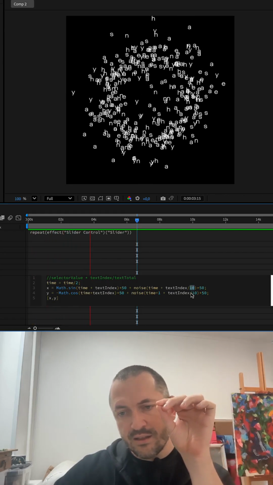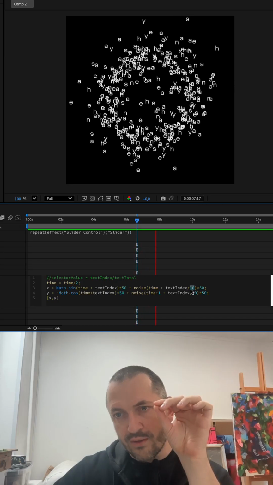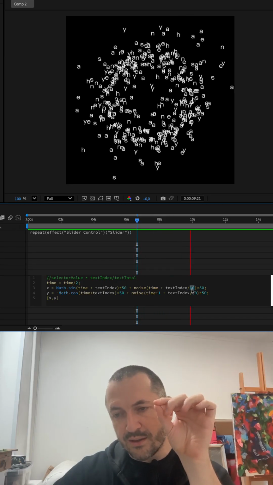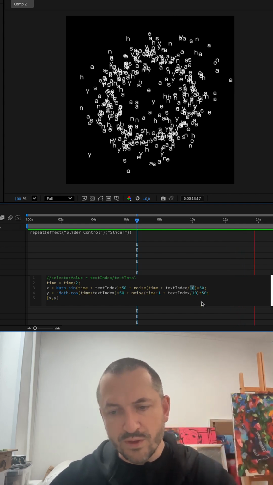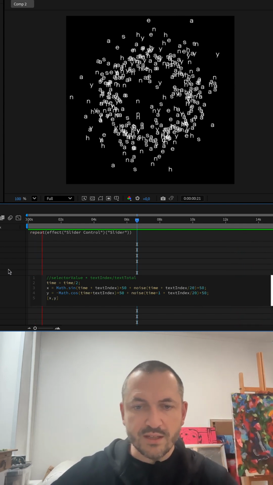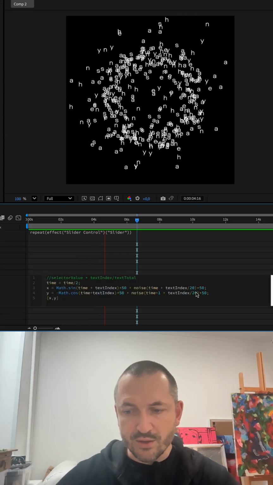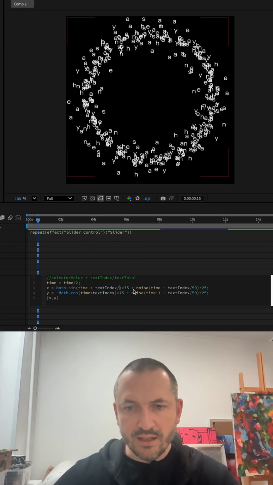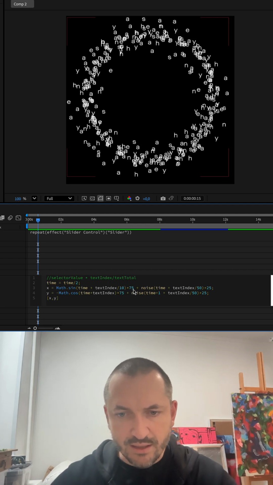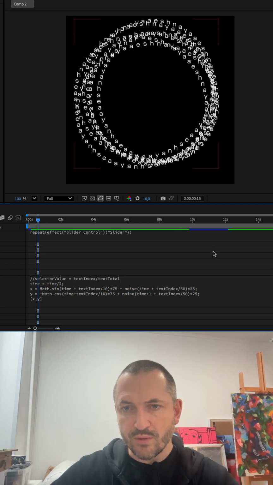The smaller this digit, the closer our letters will be to each other in noise. So if we divide by 20, they will go very close to each other. If we divide by, I don't know, 50, also divide here in sine and cosine text index, I think it will be good for us.